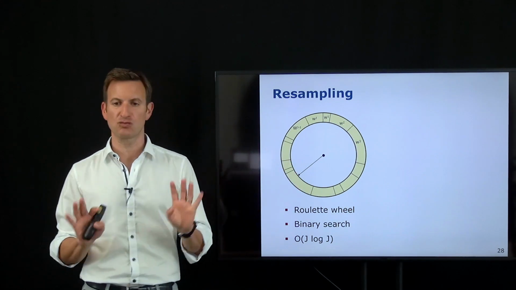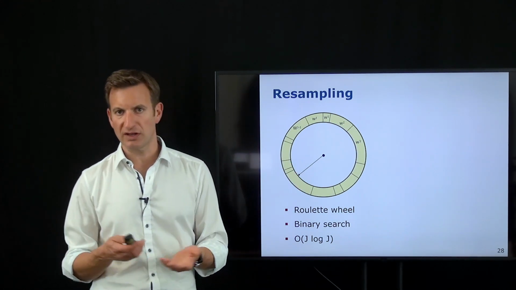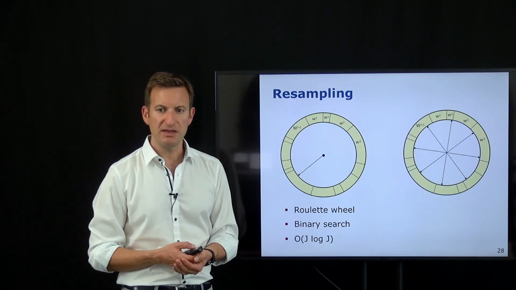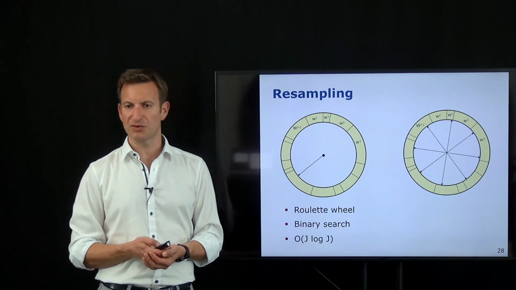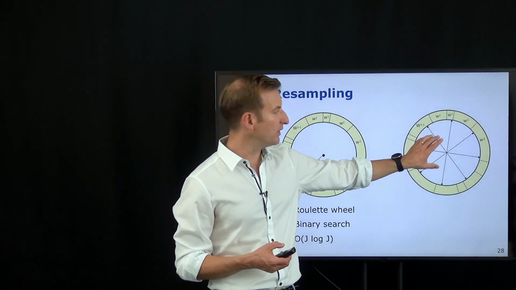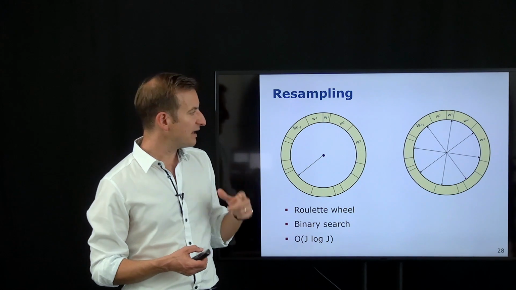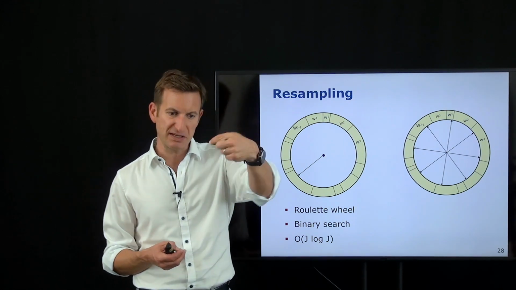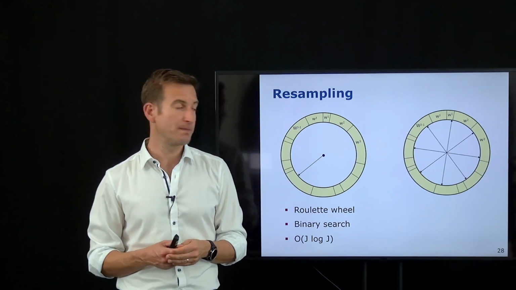And this is a standard roulette wheel sampling. They also have an alternative way to do this, and as we'll see in a second, a better way of doing this. And this is the so-called low variance resampling, also called stochastic universal resampling. Here the idea is we have a modified roulette wheel, so we still have our roulette wheel, and instead of a ball, we see this as an arrow, and you're basically turning, and depending on where the arrow points to in the end, that's the bucket that is chosen.